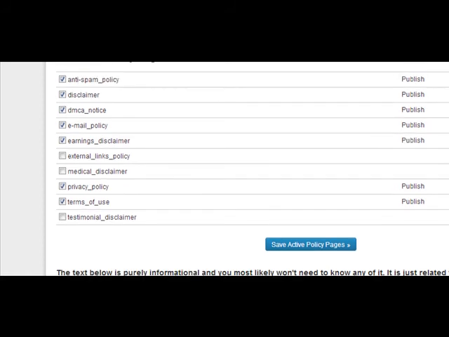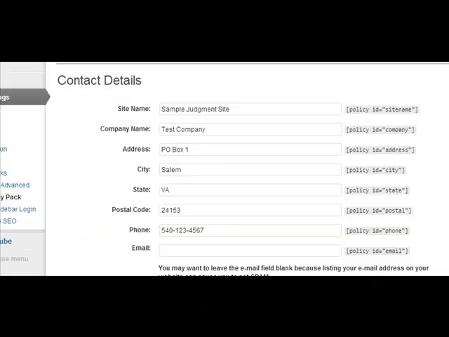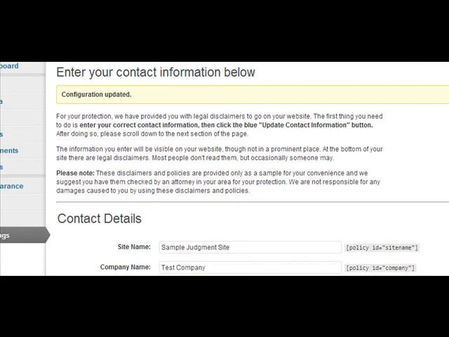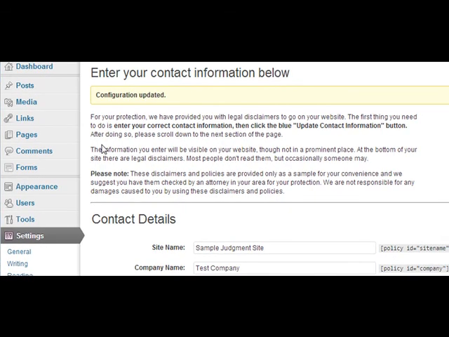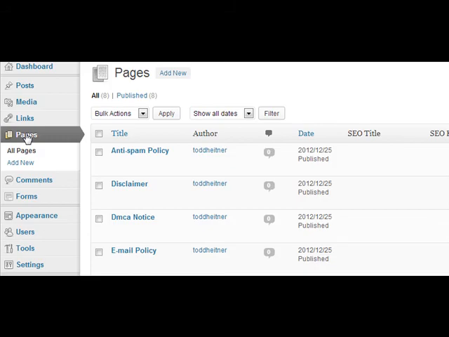Now, as I mentioned, you'll probably want to have them checked out by an attorney to make sure everything is okay. Now, what if you've done that and your attorney says, okay, you need to change this wording here and there? Well, to do that, if you need to make some changes to the wording, the way you do that is go to Pages, and here you'll see those disclaimers and things. So whichever one you want, just click Edit,